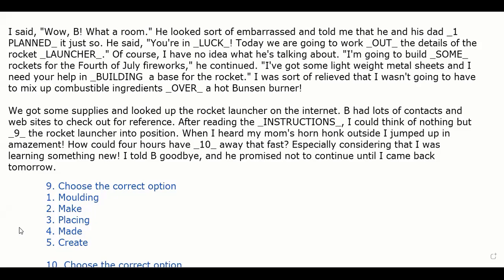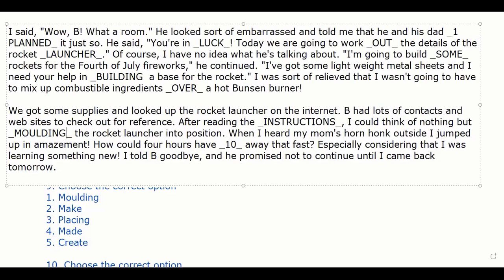They are still reading how to do it, and they're still midway. They have not completed the whole making of it. They still have the ingredients, they are burning it, so it will be molding, right? All I could think of was nothing but molding. You should say that. It should be molding the rocket launcher. So they are still trying to do it, right?